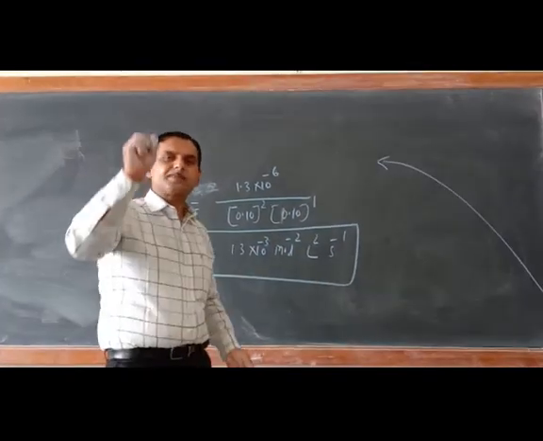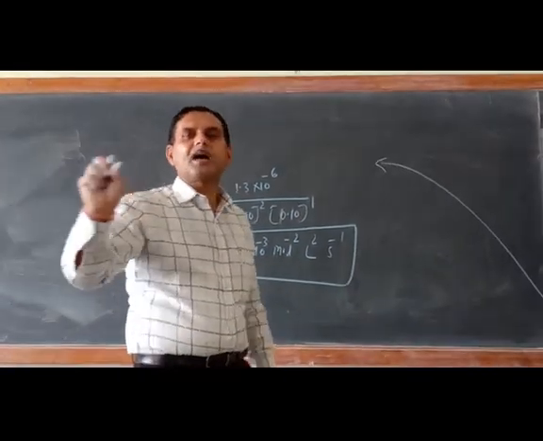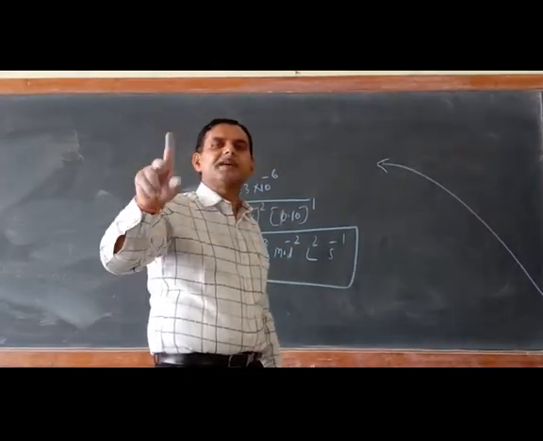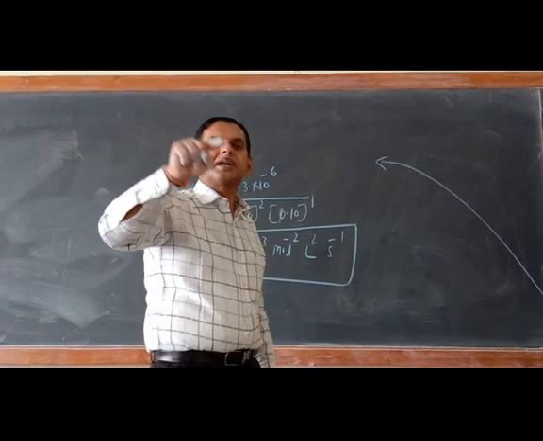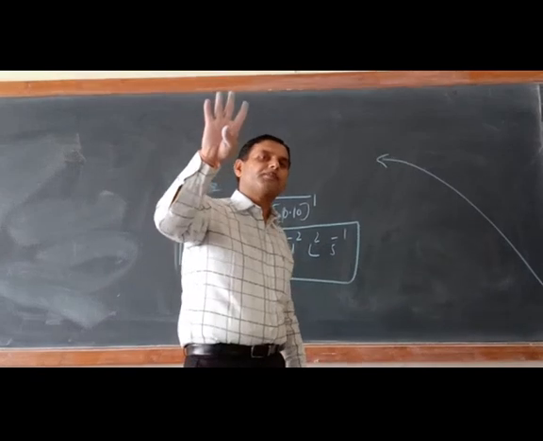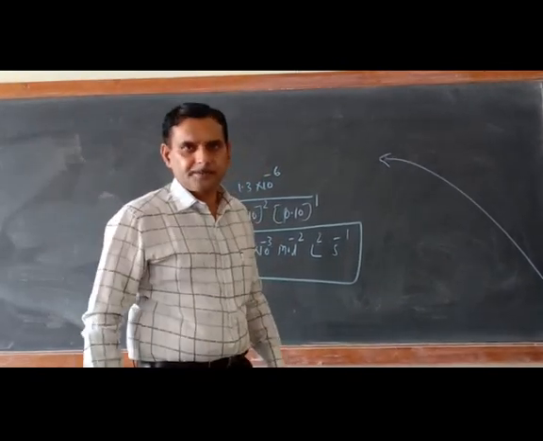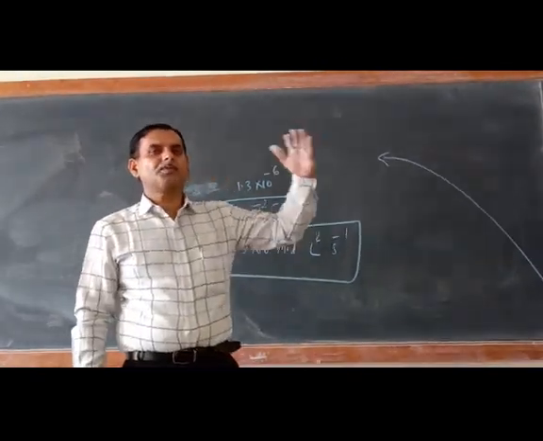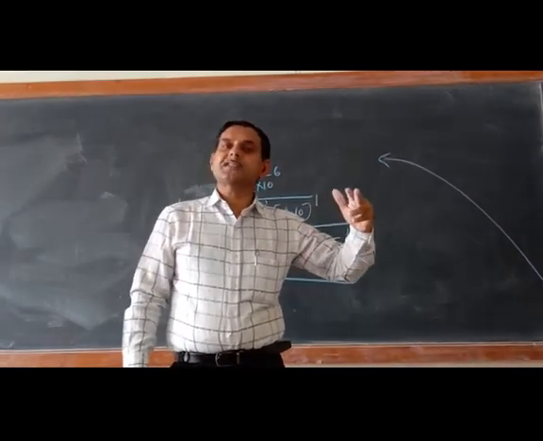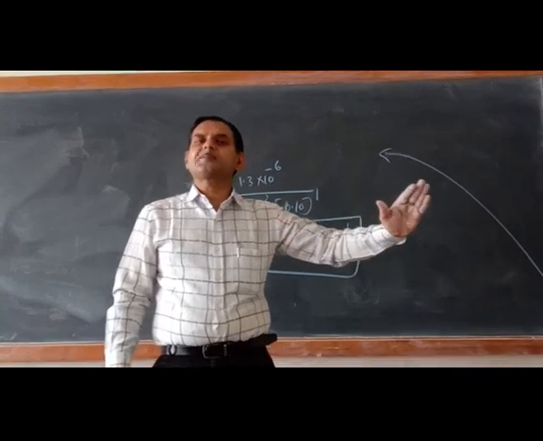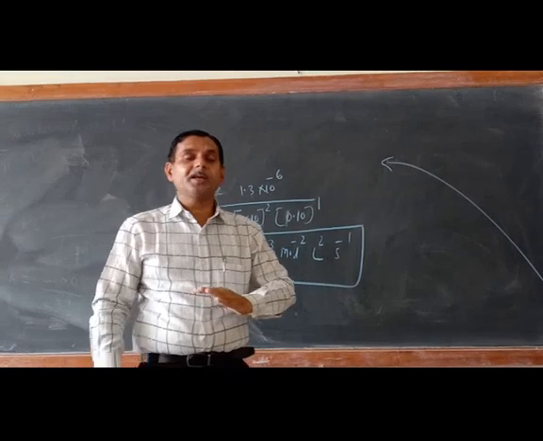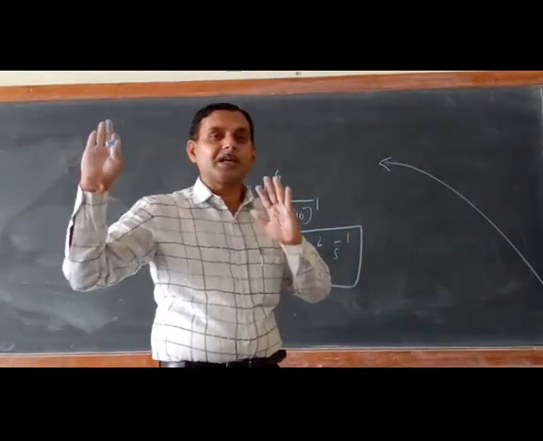And see, as far as division of experiment or equation is concerned, we should divide the equation in such a way that one of the expressions, either P or Q, should be cancelled out completely. Suppose if 4 equations are there, suppose first and second you are dividing, you should divide in such a way that one of the expressions is cancelled out. Similarly, if third and fourth you are dividing, one of the expressions should be completely cancelled out.